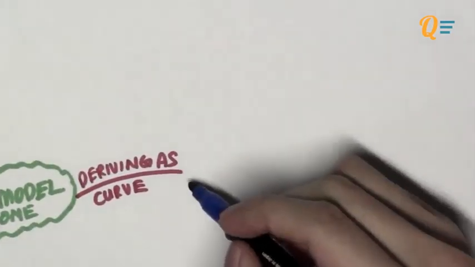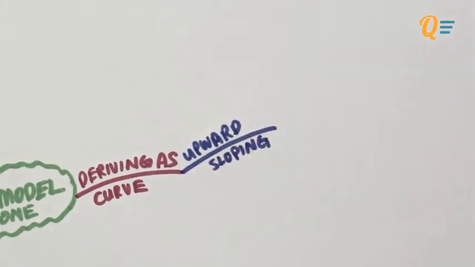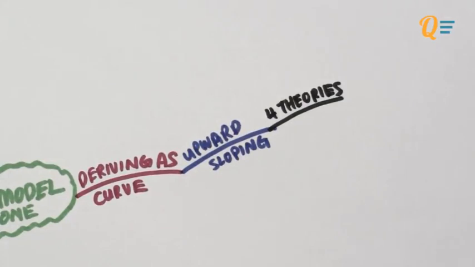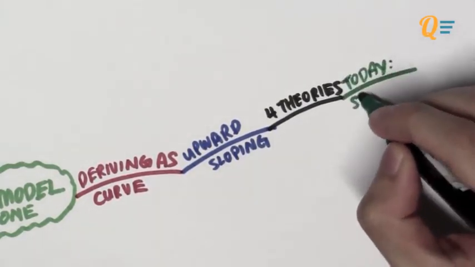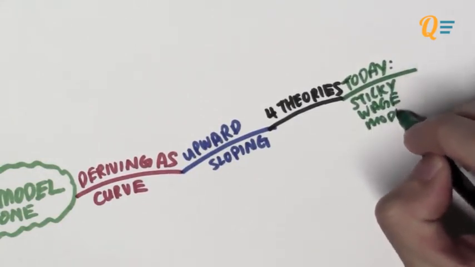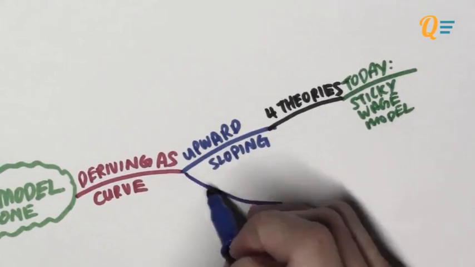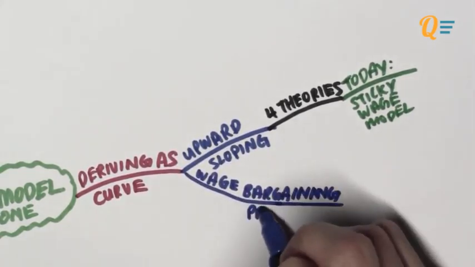So first, what you need to know is that the aggregate supply curve is an upward sloping curve, okay? And there are four theories to explain why the AS curve is upward sloping, okay? But for today, you're only going to be learning one of those theories, which is called the sticky wage model. And to explain the sticky wage model, I need to go through with you the wage bargaining process in a